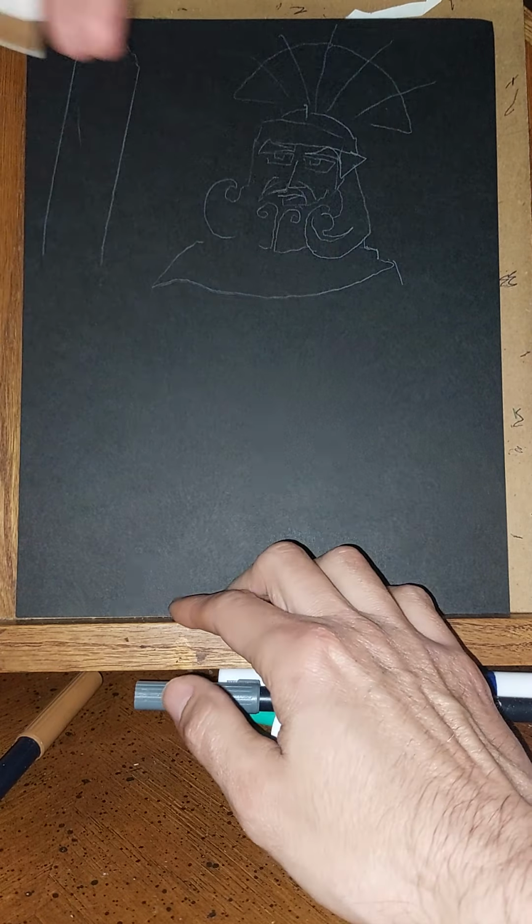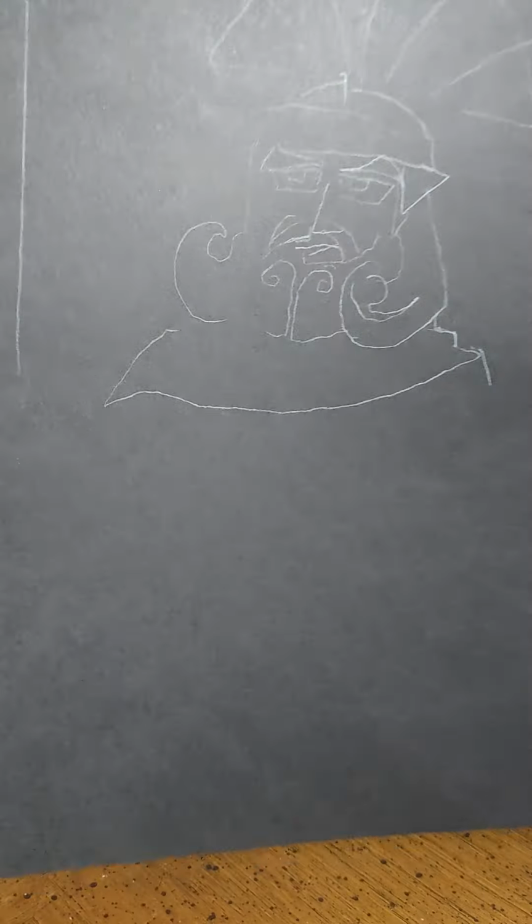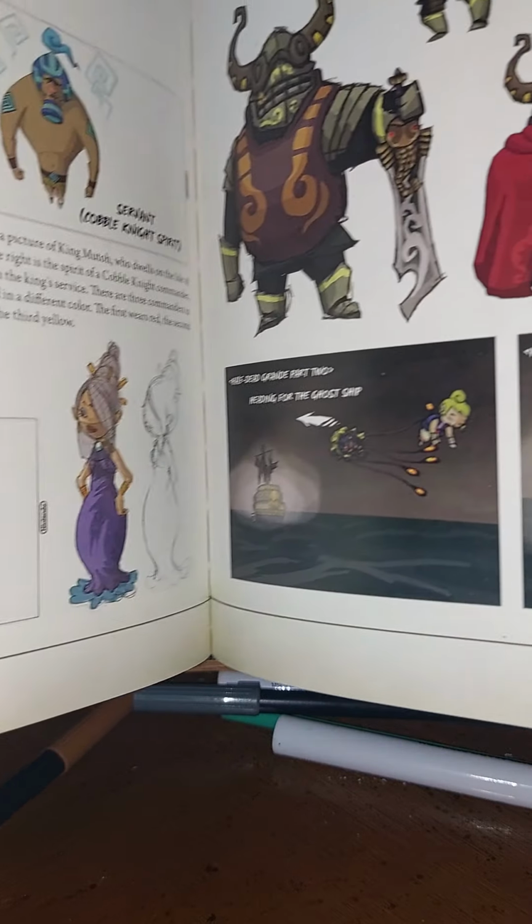So let's see. Let me just look at that. So this is what I have so far. So I'll take a picture of this and this is something I wanted to work on for a while, and I thought, let me try this. I have to look at every detail, make sure it looks right. Let's see. Okay. I thought it had a...